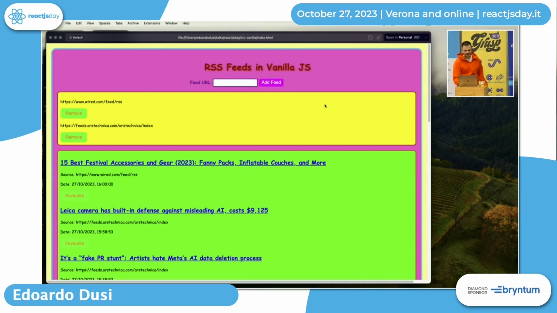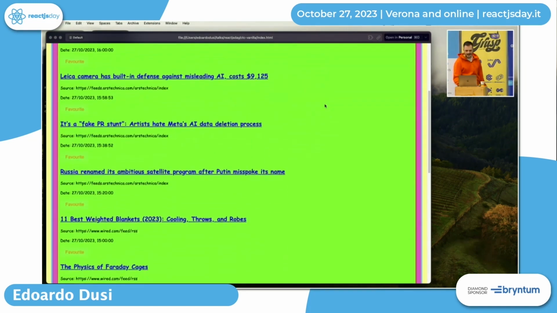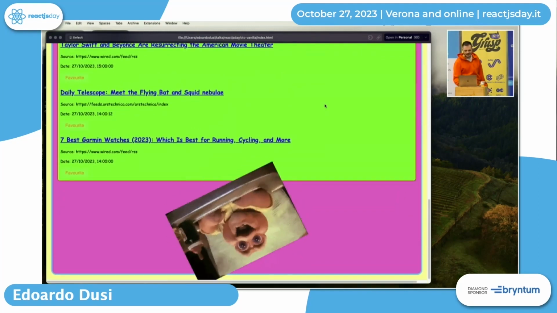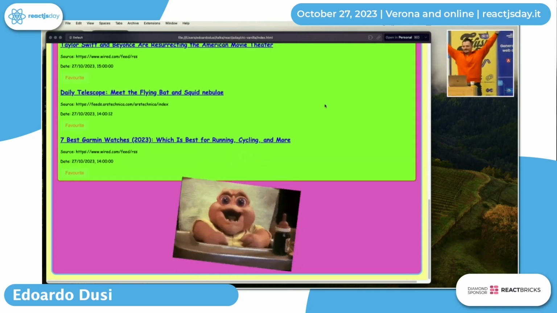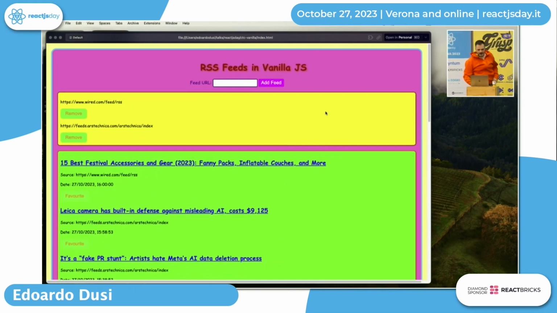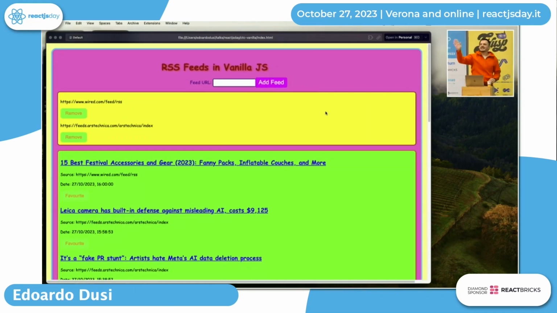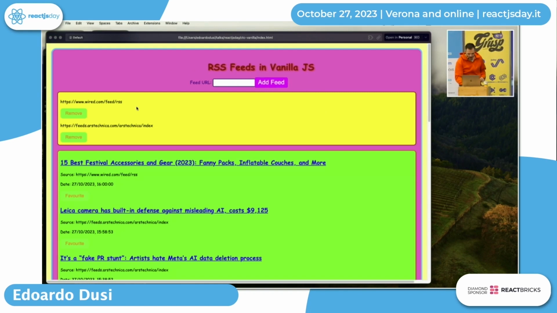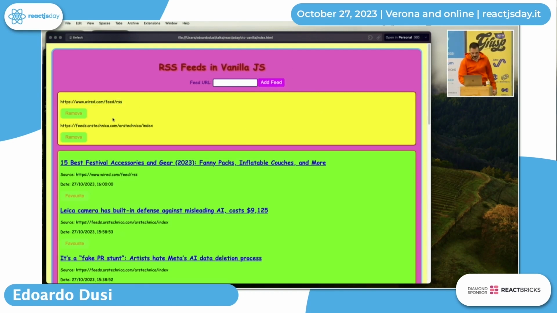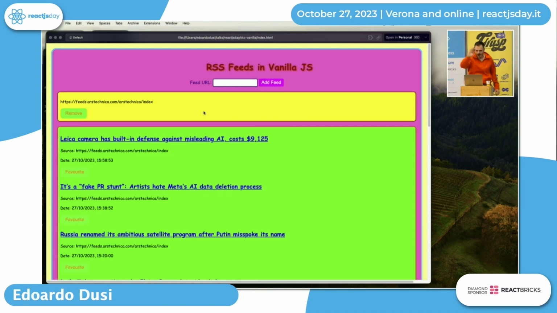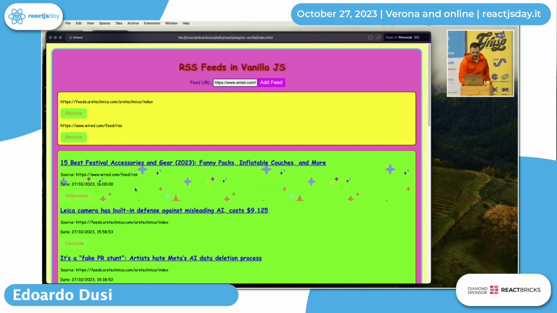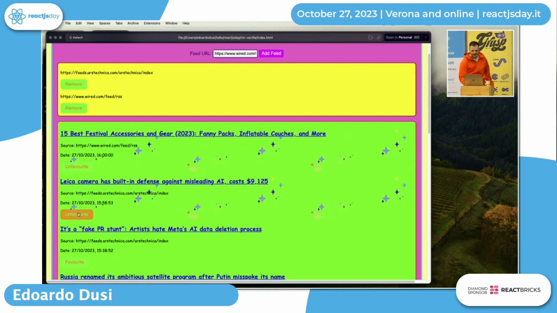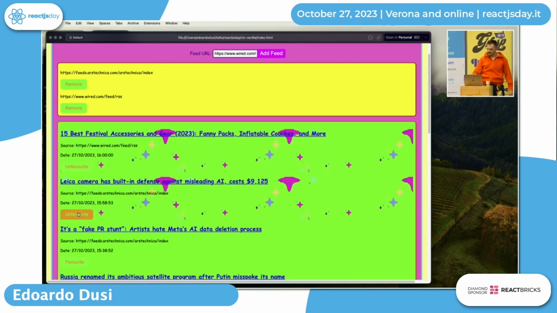This is my app. So let's go back to the 90s. This is our app. My graphic abilities. But let's see if it works. So let's copy this source. So I see Wired here. I remove Wired, Wired disappears. I add Wired back, and it is here. And I can also favorite it. Yes. It's working. It's the same app, but built with vanilla JavaScript.